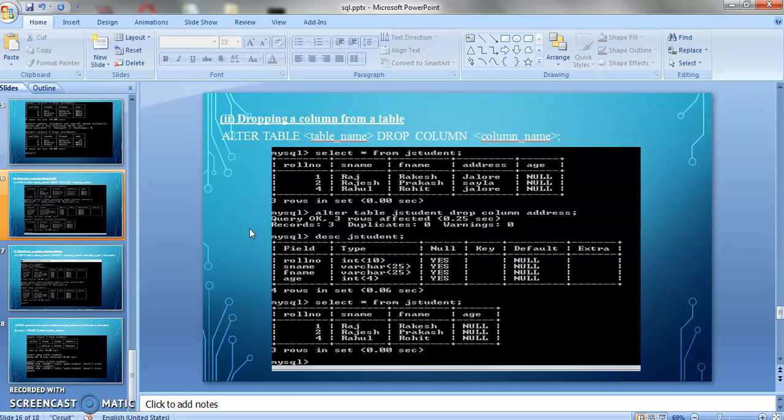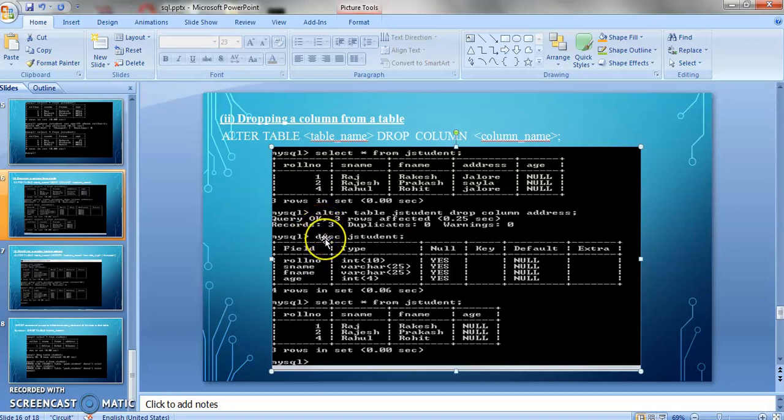Okay. And I have taken a snapshot of that particular example. Earlier in this snapshot you can see there are 5 columns: roll number, S name, F name, address and age. After that I am using the drop command, in which I am dropping the column address. You can see I am dropping the column address, and after that I have executed the query.